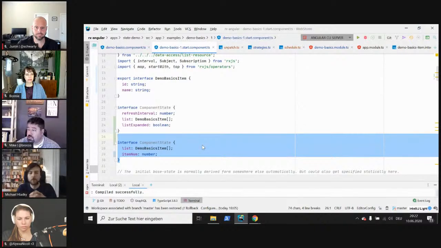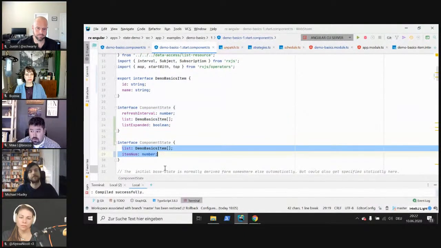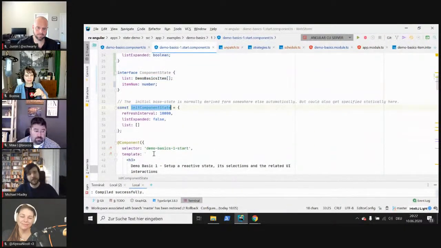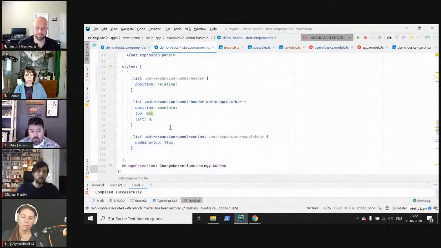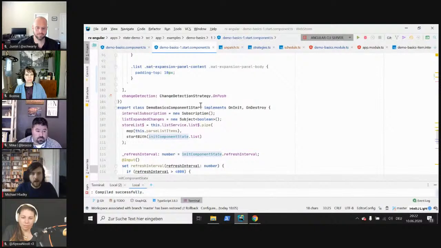And this is, I guess, a very good concept when you start with a component, that you think in these two levels, model and view model, and then you can have a clear understanding of what to manage and what to derive. Just as a small intro. Of course, I have an initial state, and now I want to show you how to glue those uncomposable, unreactive things together. I will use my